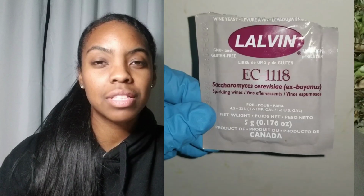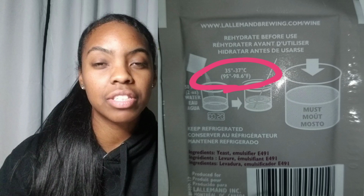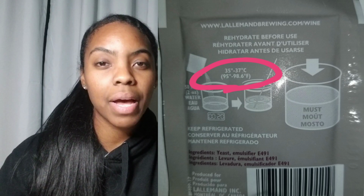So recently I've used the EC1118 yeast, and at the back of the packet, it recommends 35 degrees Celsius. Different yeast packages will have different temperatures that they're suggesting. However, if they don't, I would suggest the regular 26 degrees Celsius in order to make sure that your fermentation